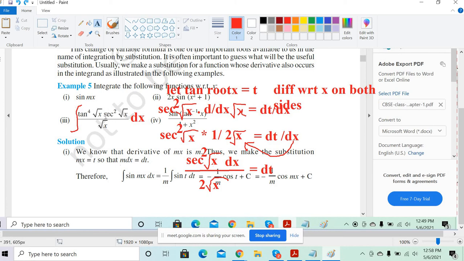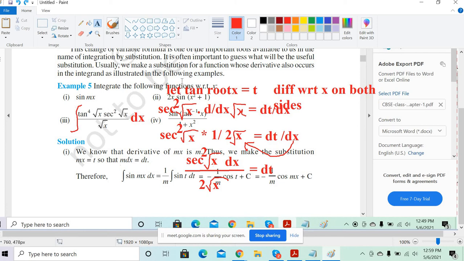So here you know the differentiation of tan x is secant square x, right? You know differentiation of tan x is secant square x, isn't it? So if we assume that tan root x as t, then we can get secant square x. That is the first thing you should notice, because differentiation of tan is nothing but secant square only. So if I put tan root x as t and then differentiate it, something I can replace. Secant square root x I can replace dx with dt easily.